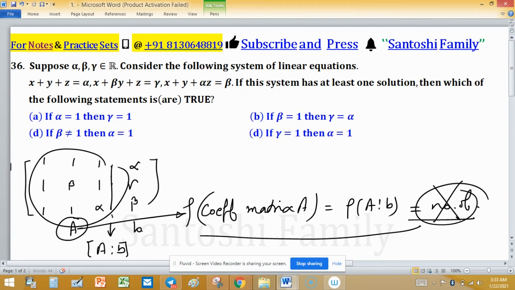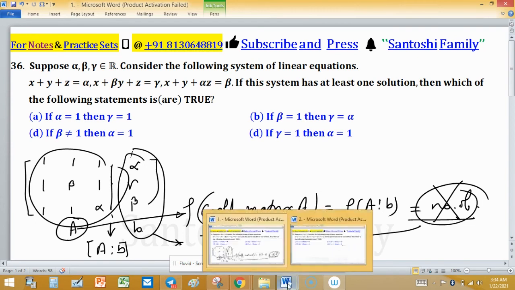So we have to find a relation between alpha, beta and gamma so that we can tell about the values of these used constants. Also, we can understand this problem system has a solution if this column vector B is in the linear combination of the columns of A, or in other words, B is in the range space of A. So there are three equivalent statements we can say about the solution.